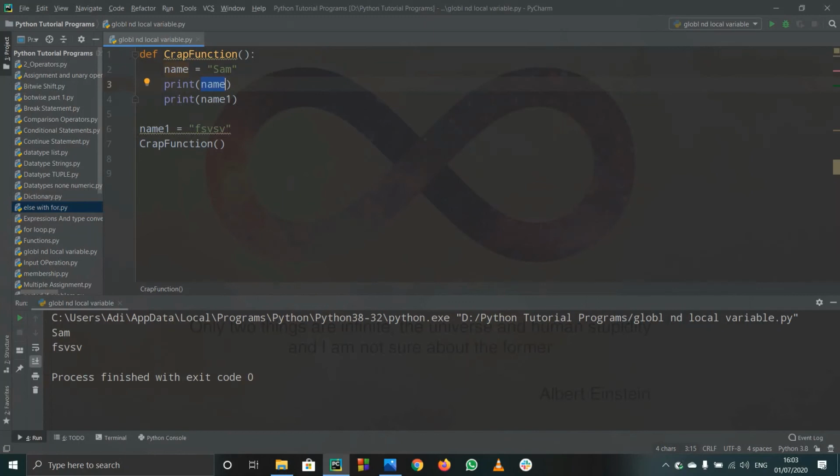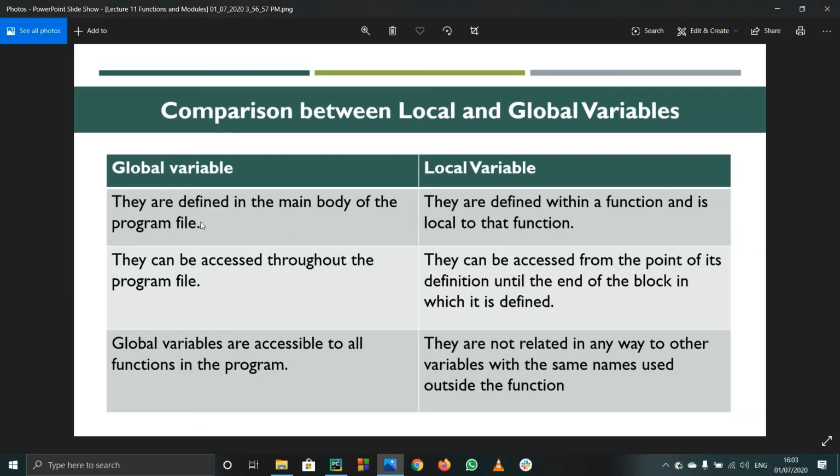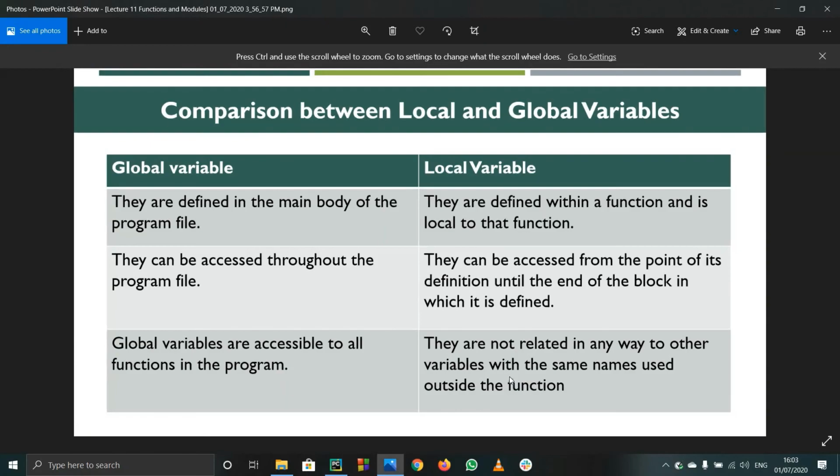That's the difference. It is good practice for a programmer to use local variables more, because when you write global variables, they can be tampered with. This is not for now, but programmers generally prefer local variables more. And if you want to see the difference, you can pause the video and read it yourself. I tried to explain the whole thing, but you can read it for yourself.